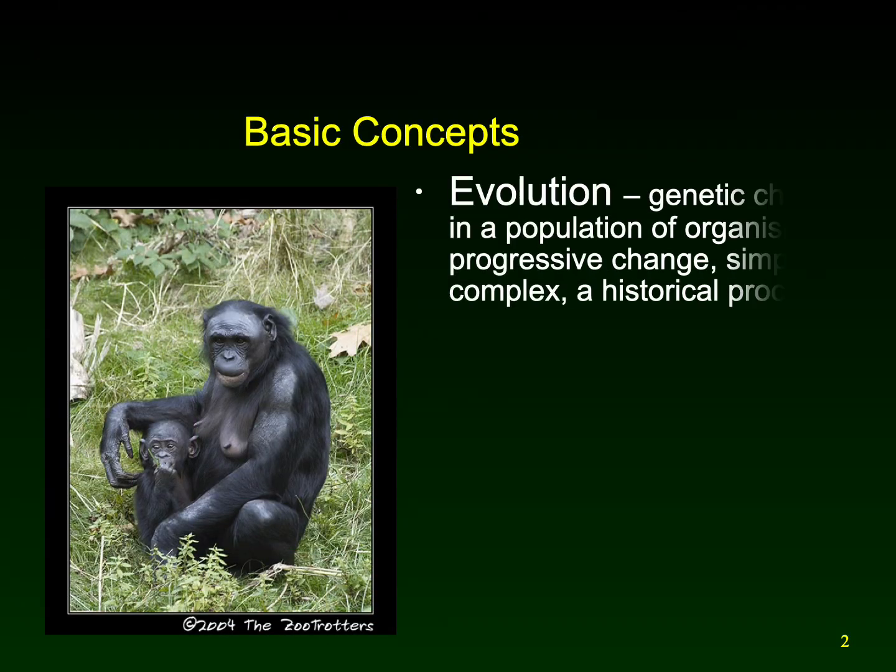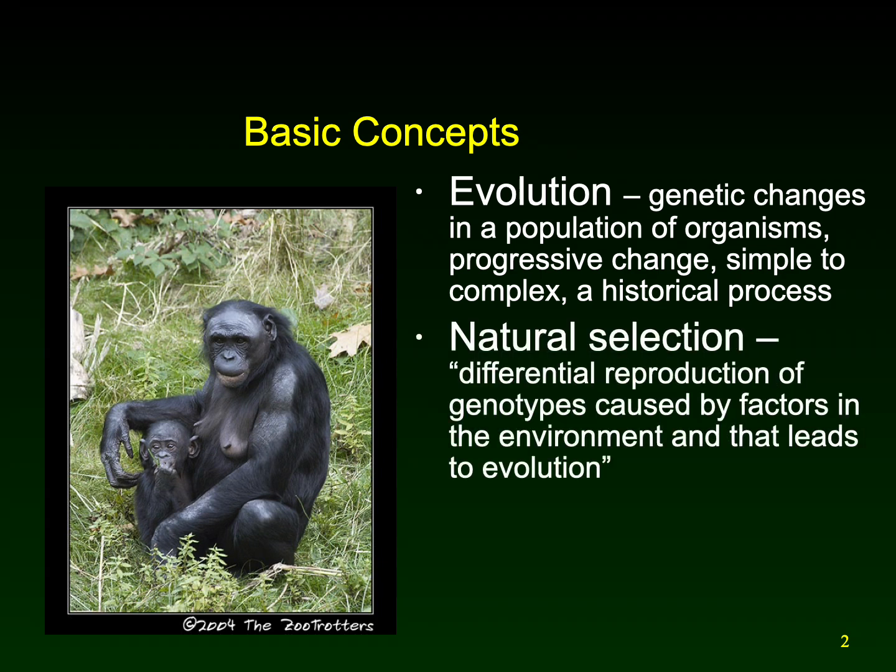All right, so the basic concepts. Evolution is genetic change in a population of organisms. This change progresses from simple to complex, a historical process. This is how we think we wound up with the diversity of life. The main mechanism is differential reproduction of genotypes caused by factors in the environment that lead to genetic change or